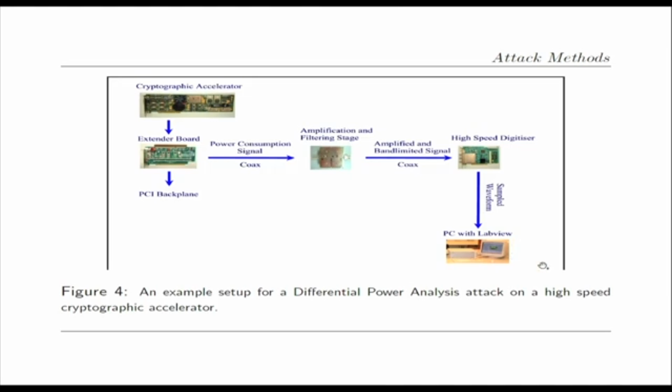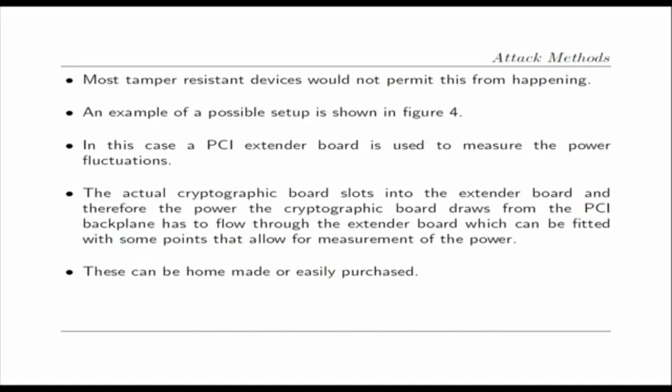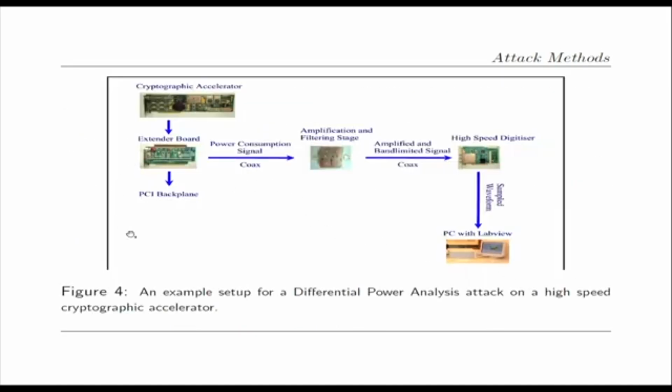This is a little more complicated than the simple smart card. This is the simple one. This is the simple smart card power analysis attack on smart card, but this is a little more complicated because it may take power from the PCI. So, ultimately the signal is going to the